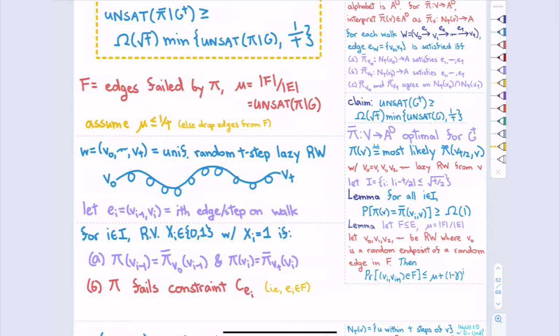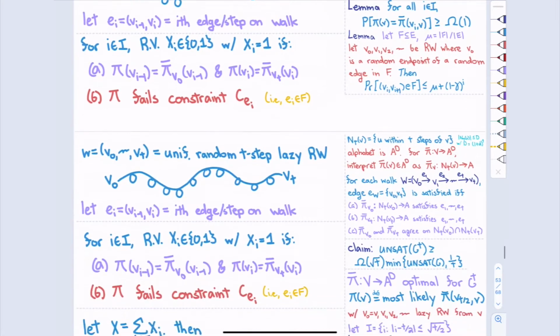So if you have some agreement between the local labeling and the derived labeling for that particular edge in the middle, and pi fails the constraint. All right, so that's going to be our random variables. Maybe it'll be good to motivate it. So I think that's coming up.